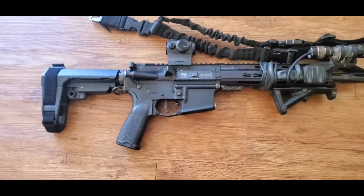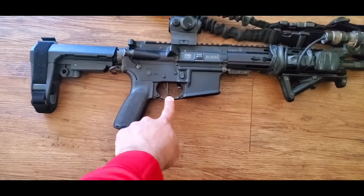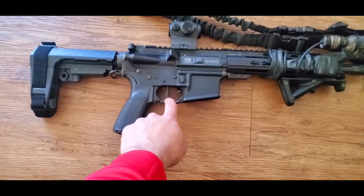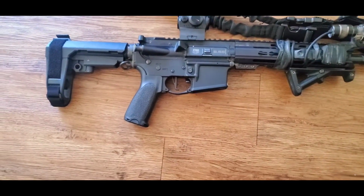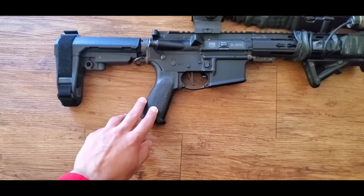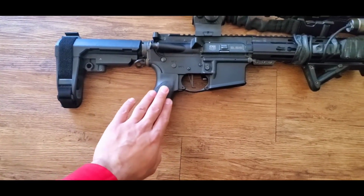And speaking of triggers, right here we have a single stage CMC 3.5 pound trigger. I really enjoy this thing a lot, like a lot. You can breathe on it and it'll just catch you with a nice surprise. I do thoroughly enjoy BCM's pistol grips. You can get really high on the tang right here, and the texturing actually allows for